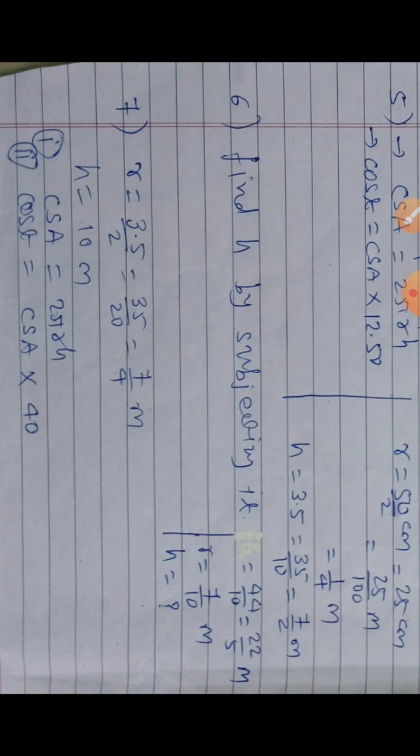Now don't actually divide by 2. 3.5 by 2, keep it as it is only. Now just remove that point. So 35 upon 20. Why? If you want to remove the point and there is one digit after the decimal, then in the denominator 10 should be there. If 2 digits after the point, then in the denominator 100 should be placed. Here 1 digit after the point, so I have placed 2 into 10, 20. Okay, so it becomes 7 by 4.